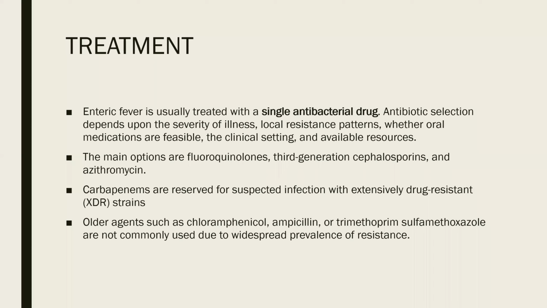So what are we looking at? You want to know, in our setting, what is selected for us in Ghana. There are very different settings depending on where you are. For example, there are places that have XDR, that is, extensively drug-resistant typhoid fever, and multi-drug resistant typhoid fever. For example, just within our part of the world, in Nigeria, their first line will not be the same as our first line because